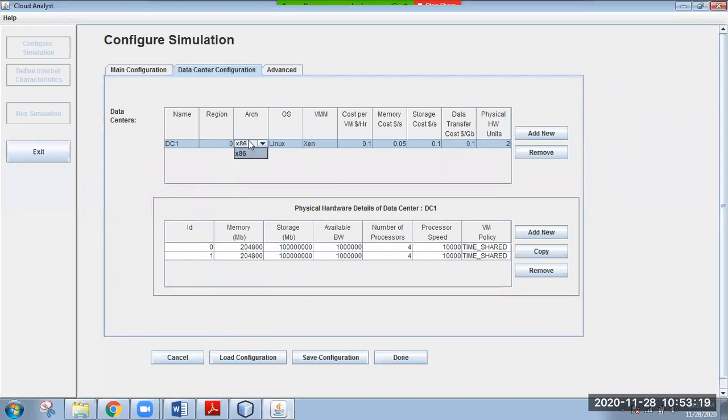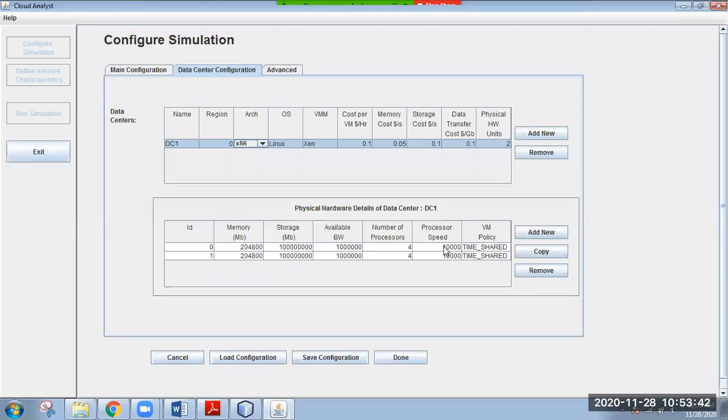If I click, it is showing this data center has two physical hardware units with ID 0 and 1. The memory available in the physical hardware is like this. Storage is given, available bandwidth is given. The number of processors inside that physical hardware is 4.